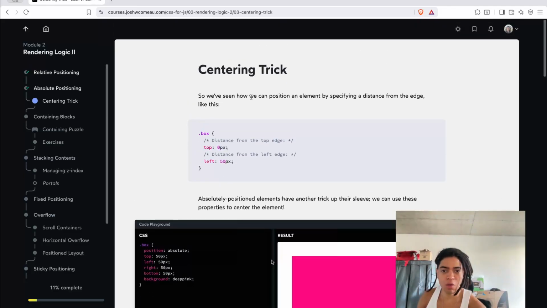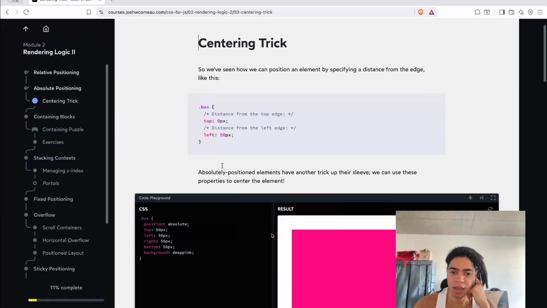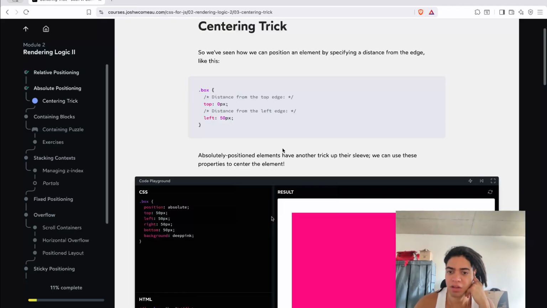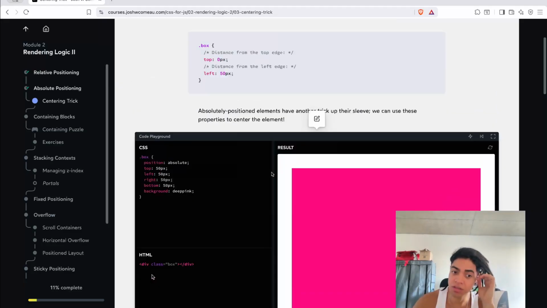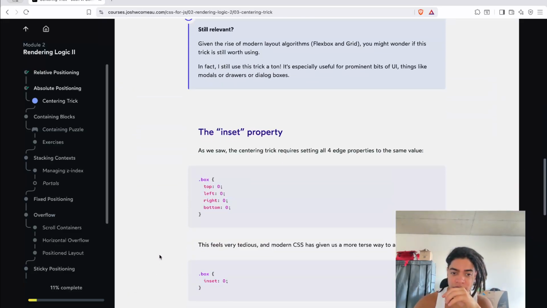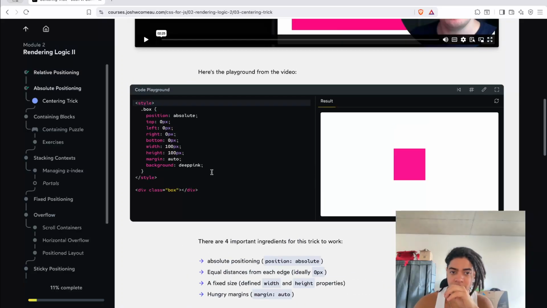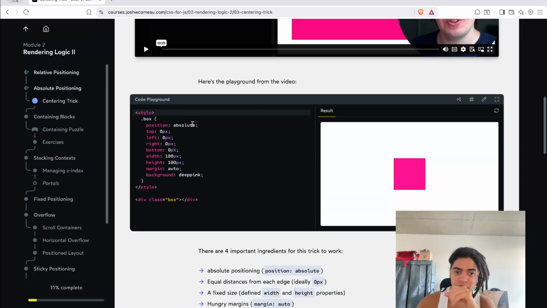So we have seen how we can position an element by specifying a distance from the edge, like the distance from the top edge, top and left. Absolutely positioned elements have another trick up their sleeve. We can use this property to center the elements as well. So in order to center this, you can say, hey,